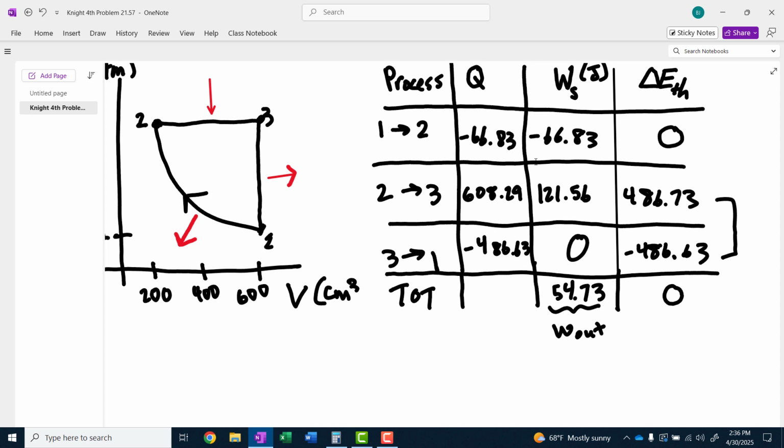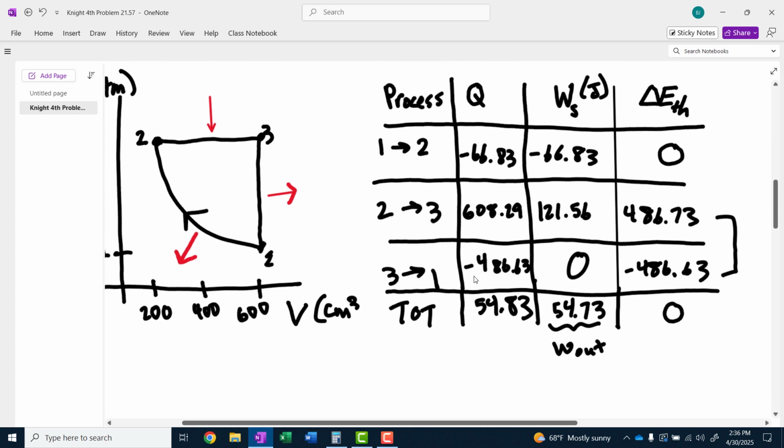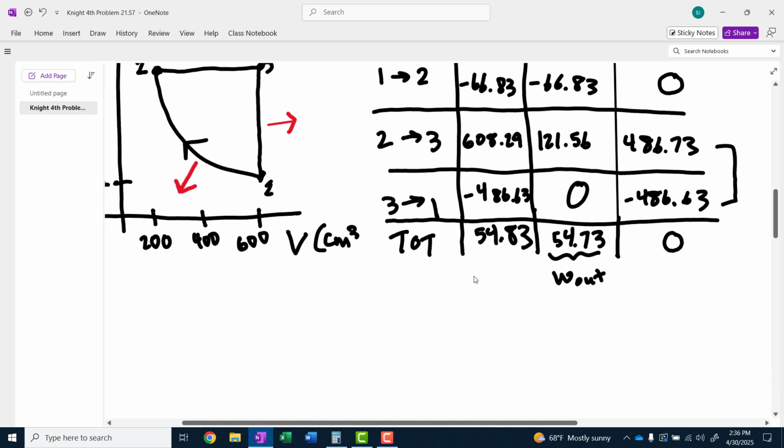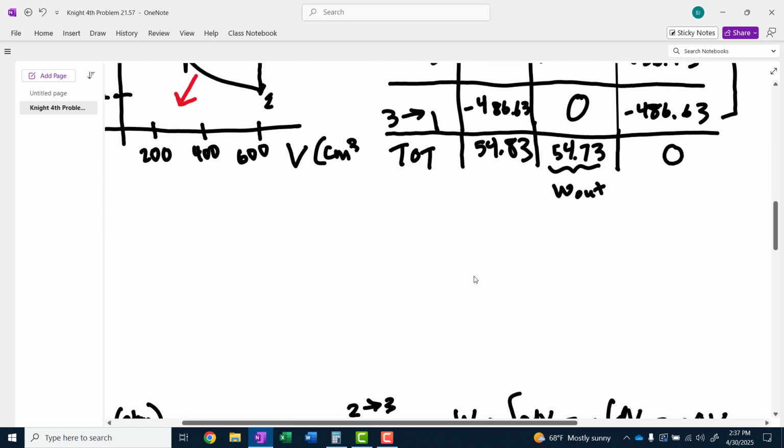And for Q, this total is not terribly important. Let's go ahead and calculate it. So I'm going to add up all the Q's in the Q column. We've got a negative 66.83 plus 608.29 minus 486.63, and I get positive 54.83. That's the total heat. And again, that's not the most important quantity here, but it is useful to look at because notice that it comes out almost exactly the same as the total work output. They should be exactly the same. The difference is rounding error. And that's because for the total cycle,